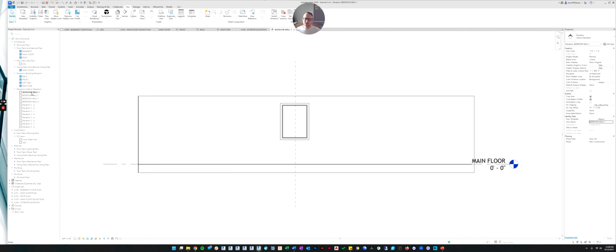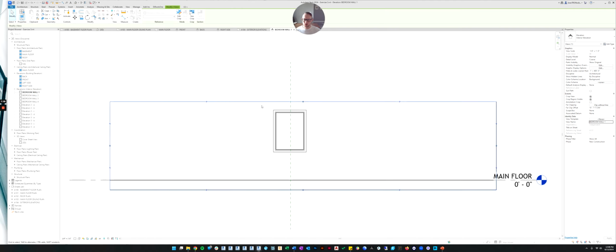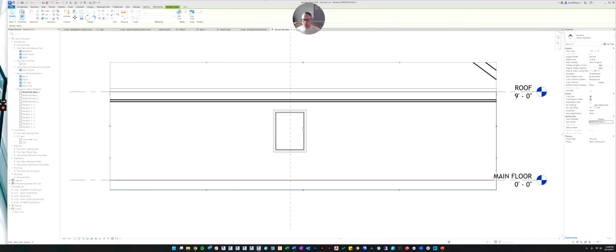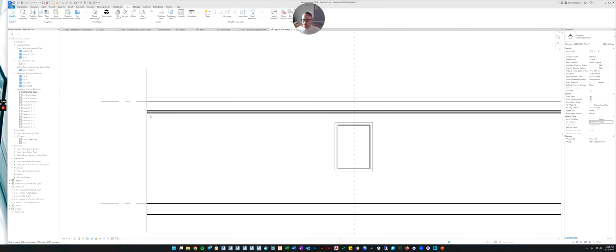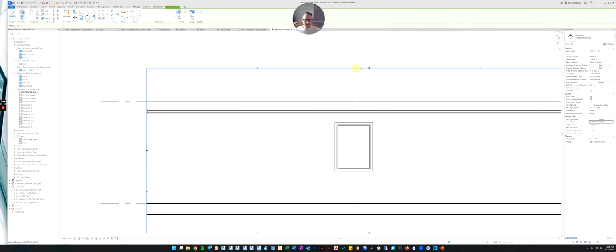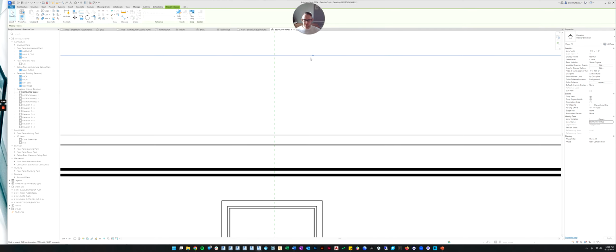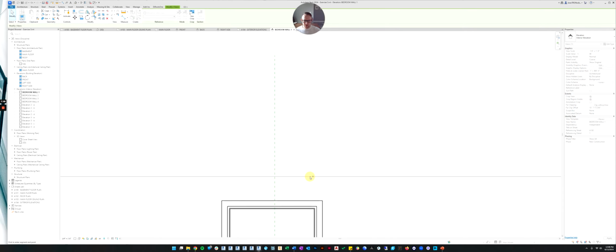Let's go into them, because the last thing we need to do is just make sure that the top and bottom are cropped correctly. So how you would normally crop an interior elevation is you'd put it right on the bottom of the ceiling and the top of the floor. So let's grab the crop region and let's drag it right to the edge of the ceiling.